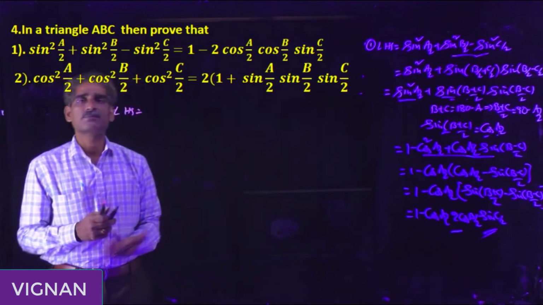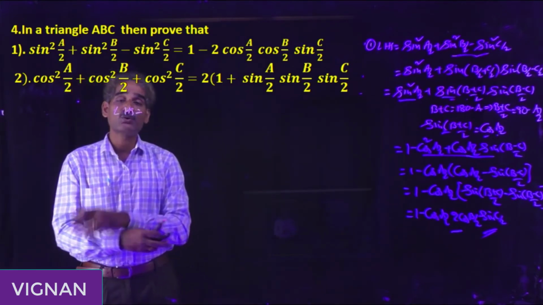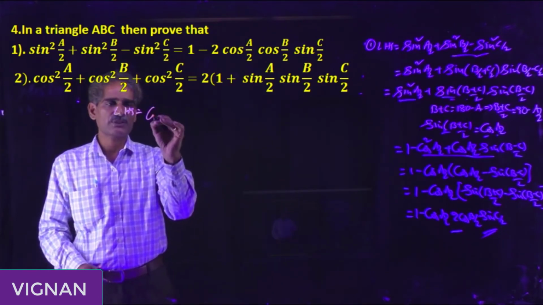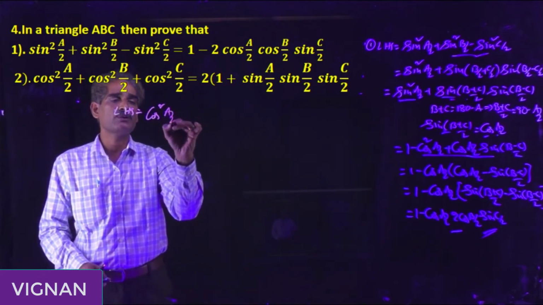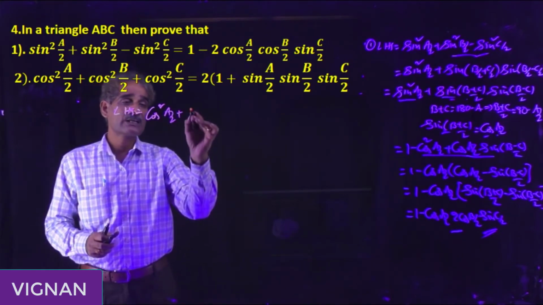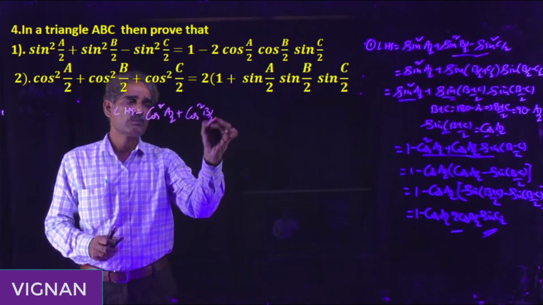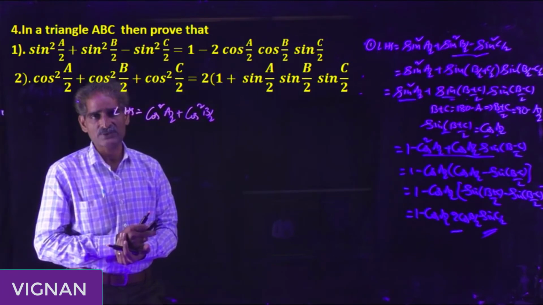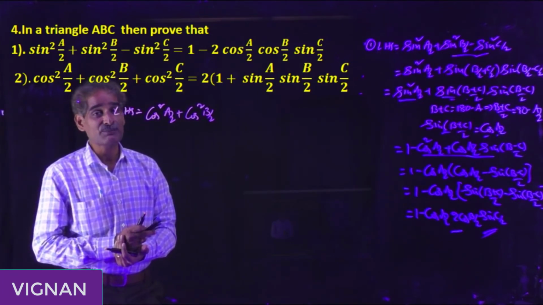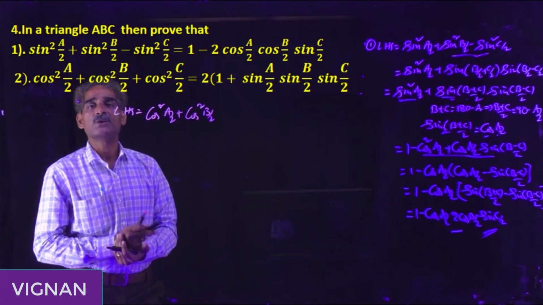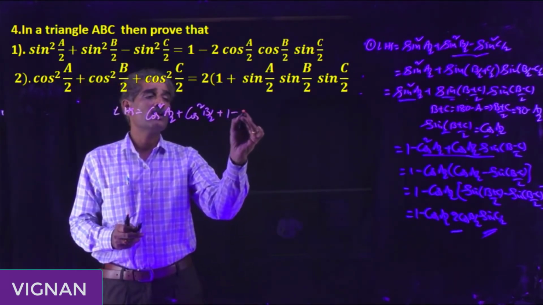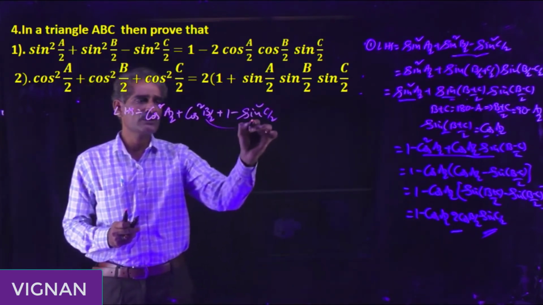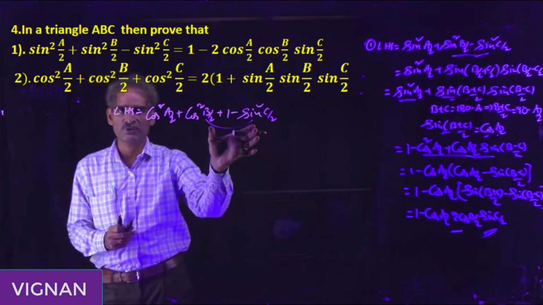Here also you can apply squares formulas, but there is no formula for cos square A plus cos square B. How can you apply? The first function is cos square A by 2, next is cos square B by 2, plus cos square C by 2. There is no formula for plus between cos functions. Cos square A minus sin square B is there, then we can apply the formula. So write down 1 minus sin square C by 2 in place of cos square C by 2. Now we can apply the formula for these two, which are in the form of cos square A minus sin square B.